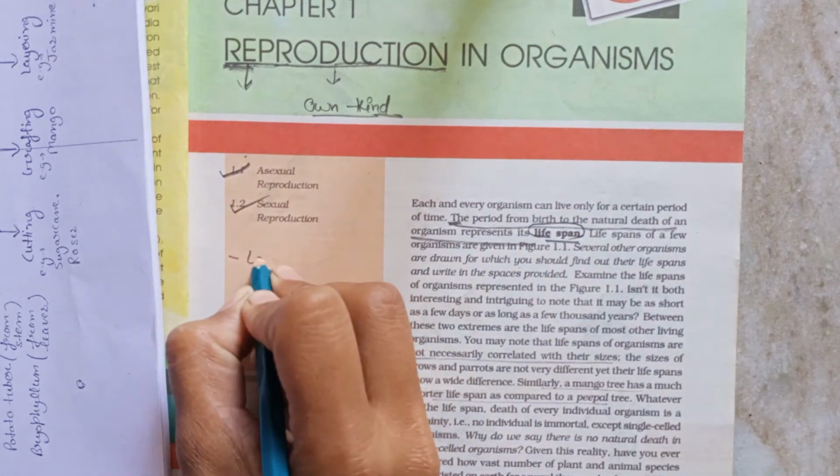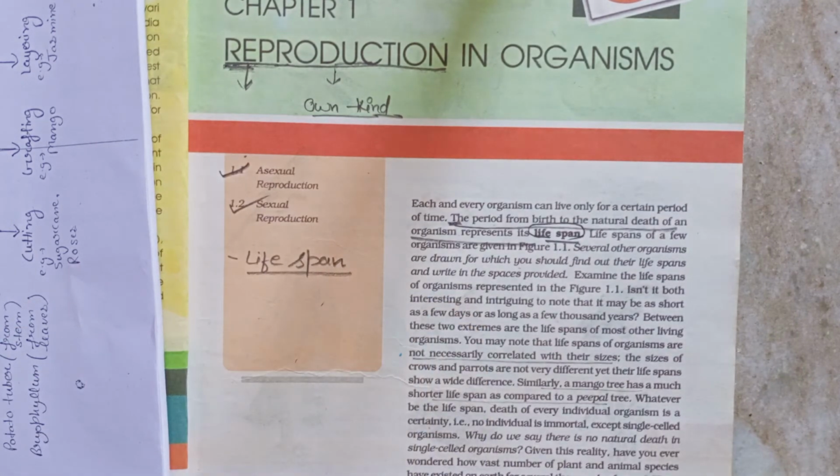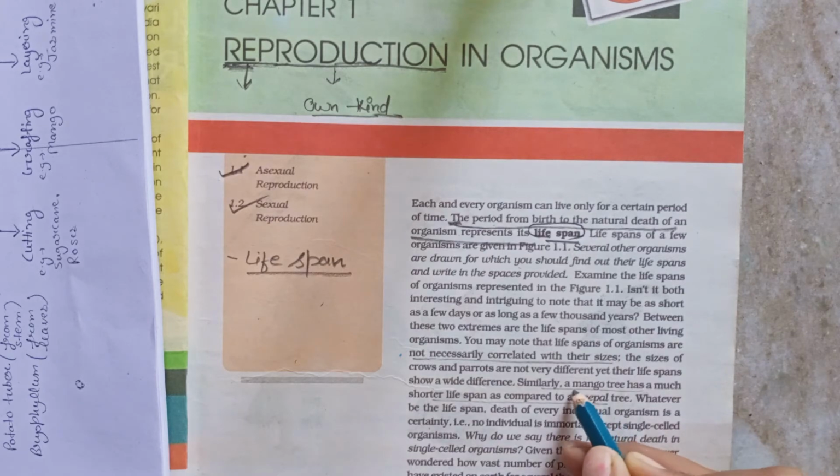So the first definition we learnt is lifespan, meaning कितना वक्त, कितनी ड्यूरेशन, कितनी एज आपके पैदा होने से लेके आपके मरने तक होती है, तो उसे हम बोलते हैं लाइफस्पैन। If we talk about different organisms, we have very small organisms like microorganisms, then we have sparrows, birds, animals, plants. Each and every organism has a fixed lifespan. Suppose अगर हम बात करते हैं क्रोज की, पैरट्स की, सबका अलग अलग होता है।